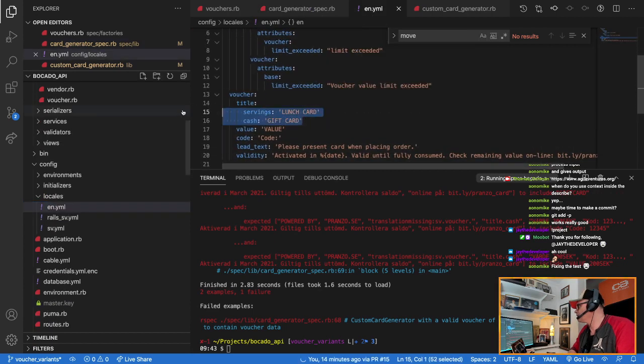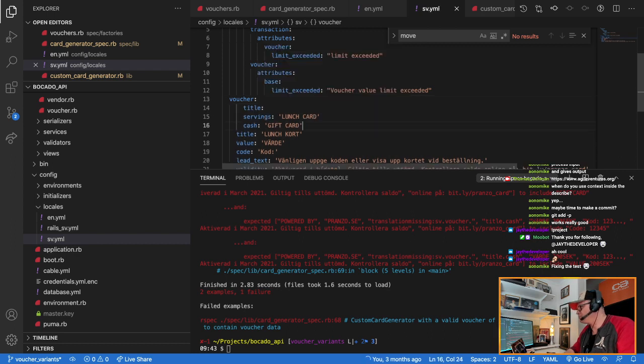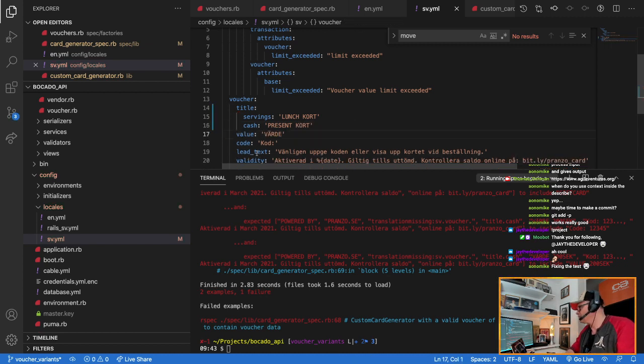Gonna copy this, go to Swedish, and then we just paste this, and then we say that's Swedish, and here we say cent. And then we just add in